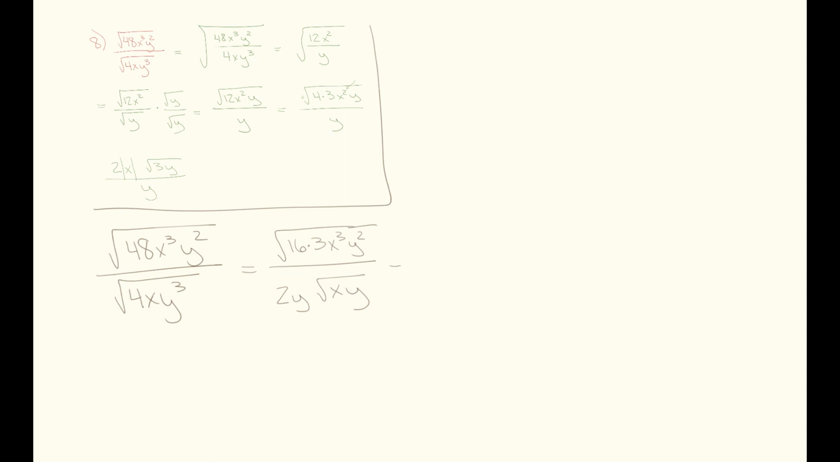We can simplify the top too. I'm sorry, the numerator. So the square root of 16 is 4. I can't do anything with the 3, so I leave it. 2 can go into 3 one time with 1 left over, and 2 can go into 2 one time with none left over. And if I put that over this,